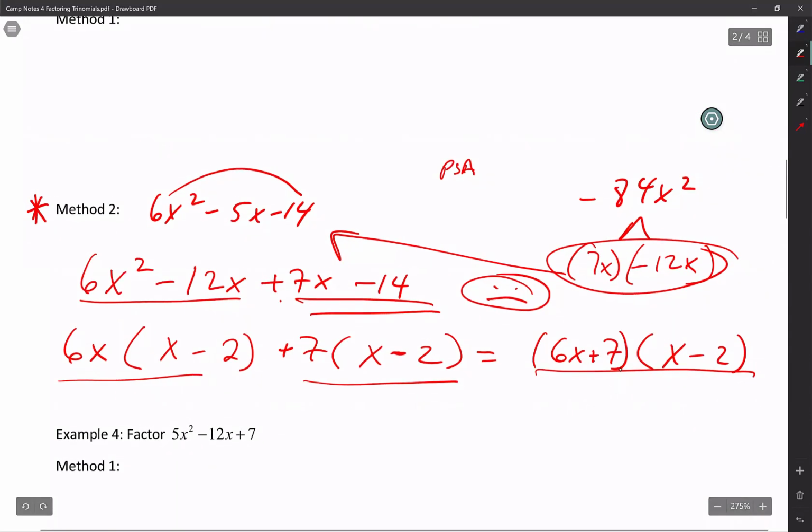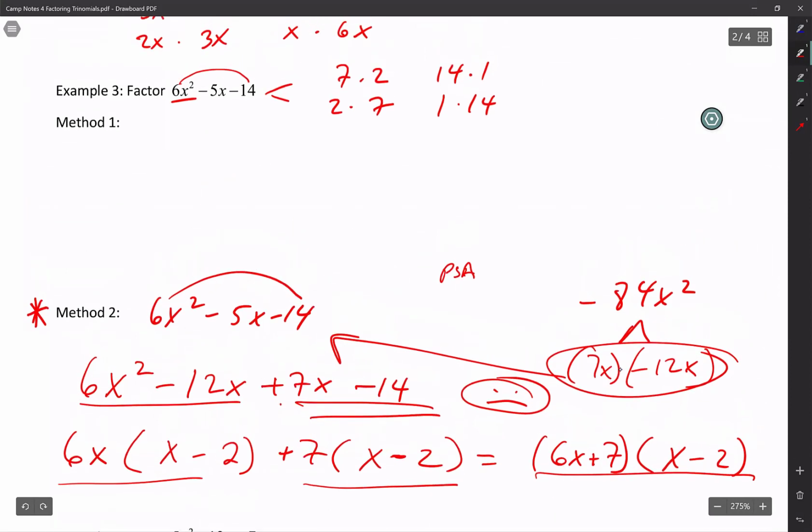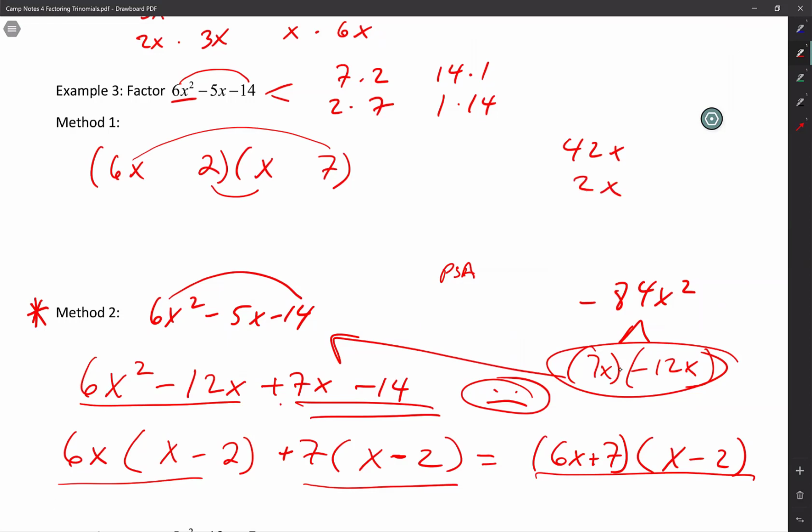So if I wanted to try method 1 now, we already know what the factors are, right? Look, here it is. So if I wanted to try method 1, let's go ahead and keep the 6x and the x, because we know that. Let's try the 7 and 2 with it being wrong. So if I were to put the 7 over here and the 2 over here, it would not work. Obviously, I know that it's going to have to be different signs, but look, without putting any signs yet, 6 times 7, 42x, 2 times x, 2x, and obviously the difference between 42 and 2 is 40, so that would not work. So if I switch to 7 and 2,